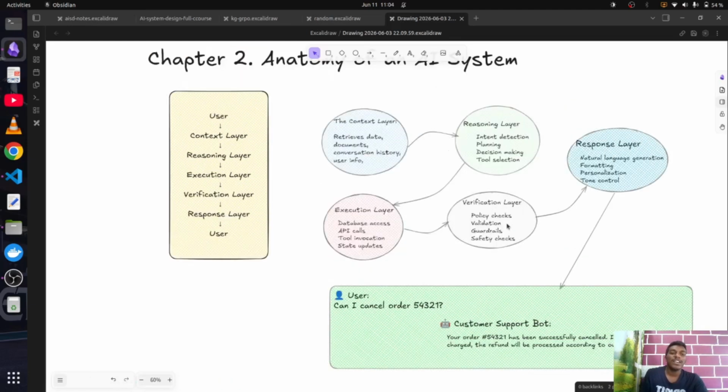Among these, policy checks is basically the one I mentioned, the custom policies, whatever they may have. Validation is, of course, whatever the execution results are coming, are they fine, are they aligning with what our requirements are. Guardrails may be something we can discuss a bit. So basically, this is important. It is basically kind of something like